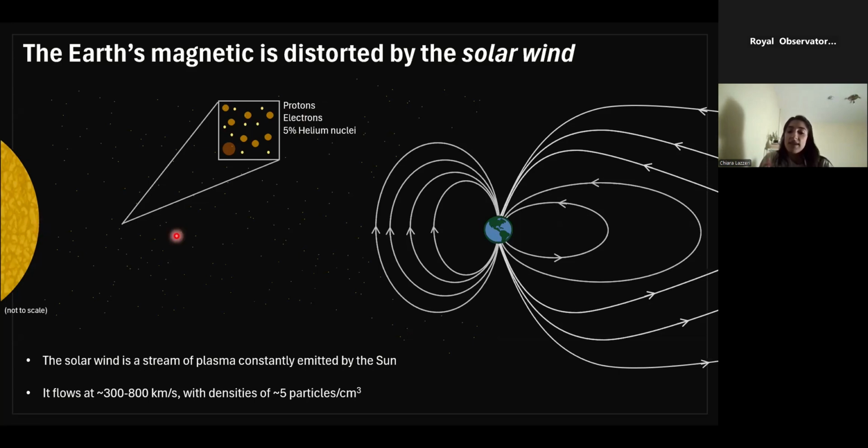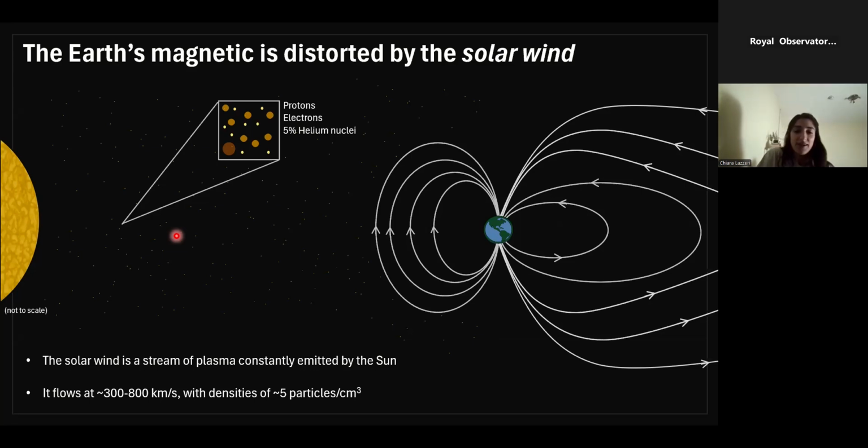And in a centimeter cubed of solar wind, we will find only 5 particles. And this is incredibly low and much lower than, for example, what we would find in a centimeter cubed of air from our atmosphere, where we have billions of particles. So it makes sense that we think of